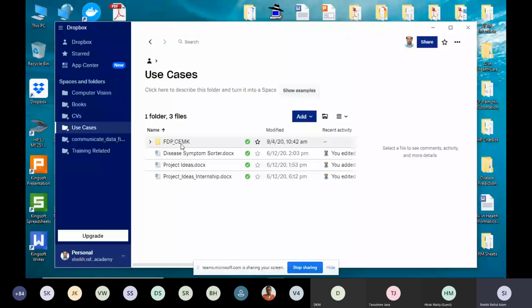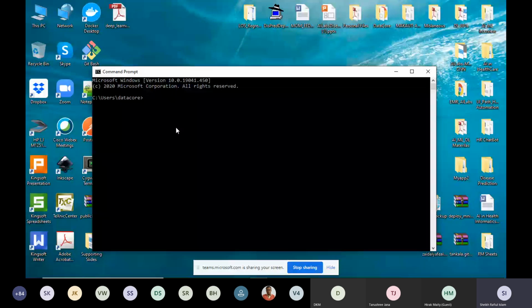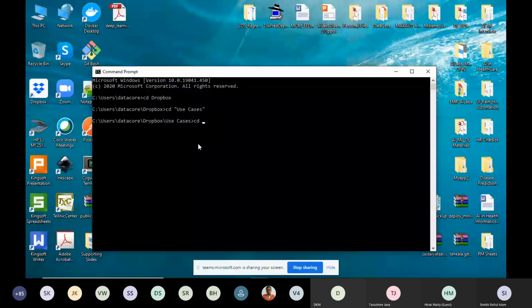So to browse there, cd, change directory, then Dropbox. Again, in Dropbox, we have the use cases folder, and now the folder name is FDP CEMK. So cd F. Now we are in this folder.